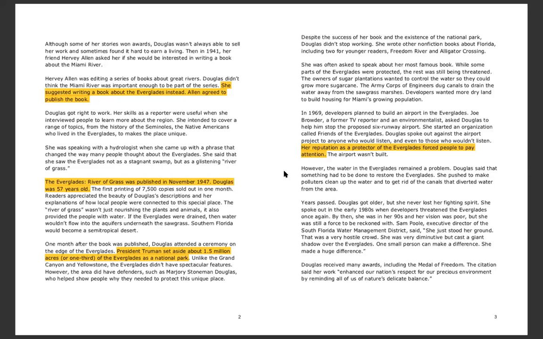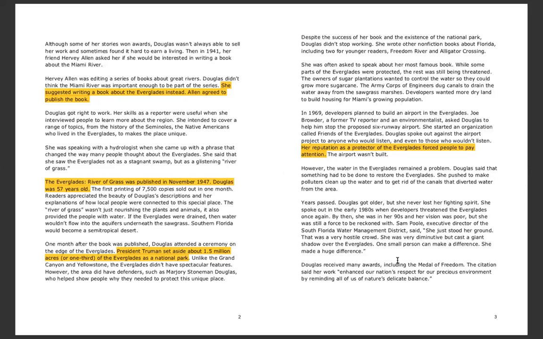By then, she was in her 90s, and her vision was poor, but she was still a force to be reckoned with. Sam Poole, executive director of the South Florida Water Management District, said, "She just stood her ground. That was a very hostile crowd. She was very diminutive, but cast a giant shadow over the Everglades. One small person can make a difference. She made a huge difference."